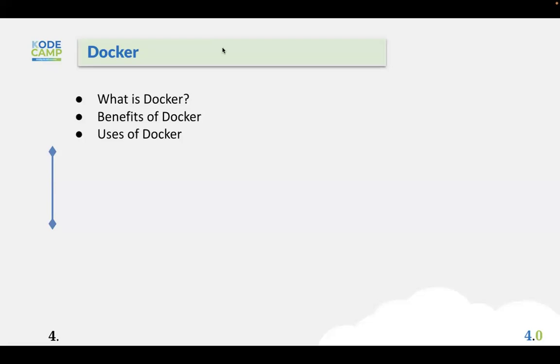Let's say one instance handles 1,000 connections, so you have 1,000 people visiting your application to authenticate. When it exceeds 1,000, the load is too much for your application, so you will need to create about three instances of the authentication service to handle 3,000